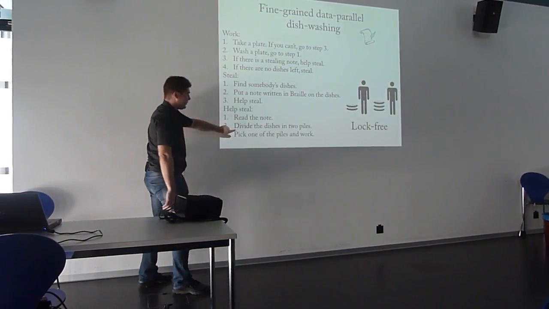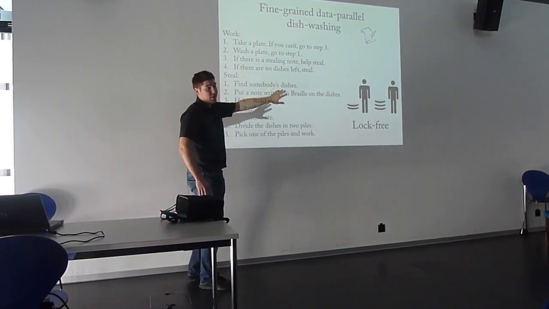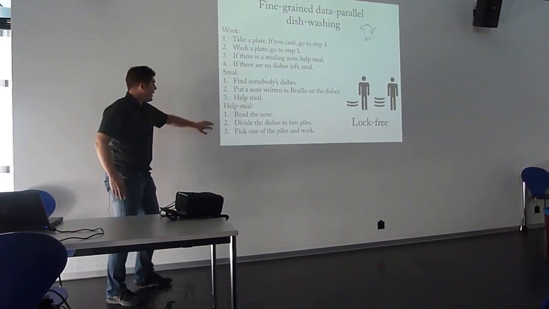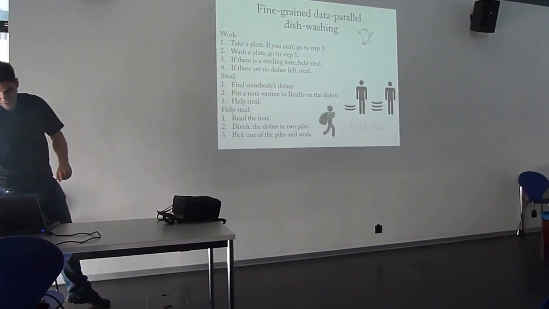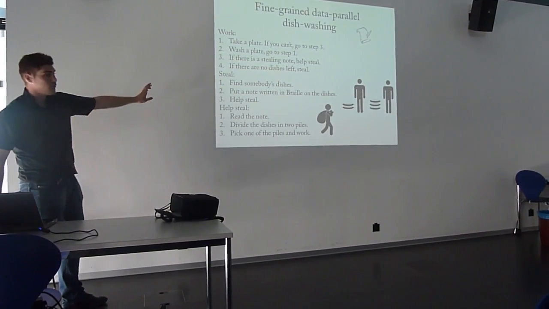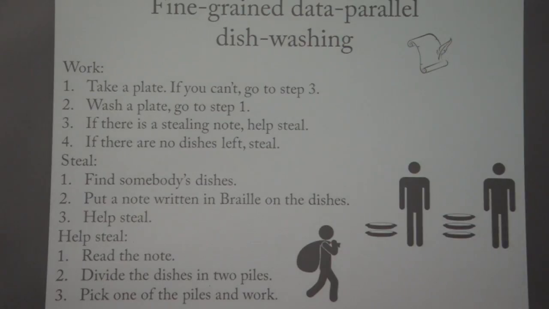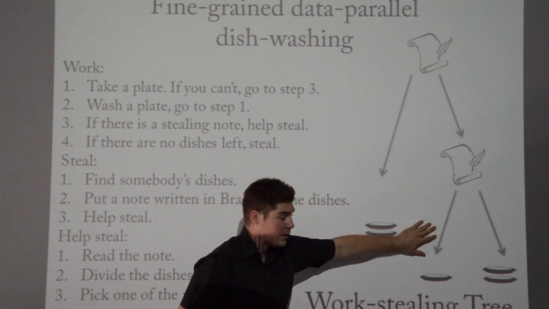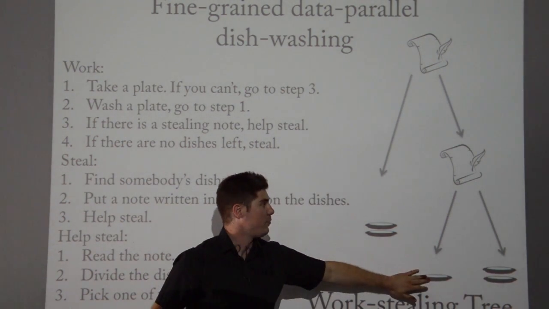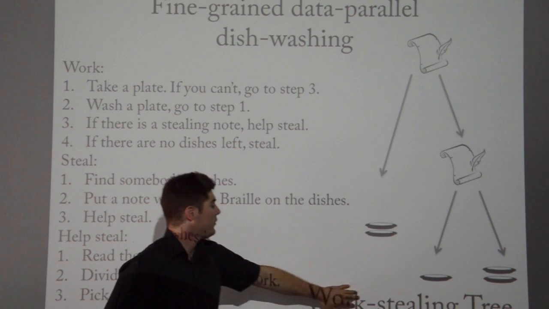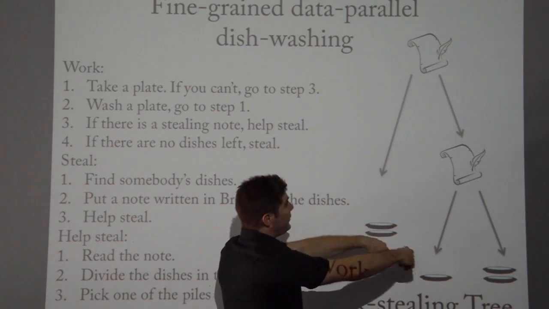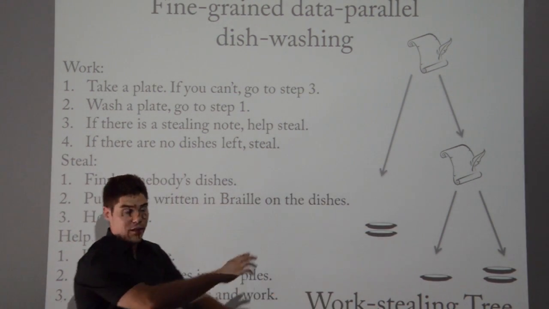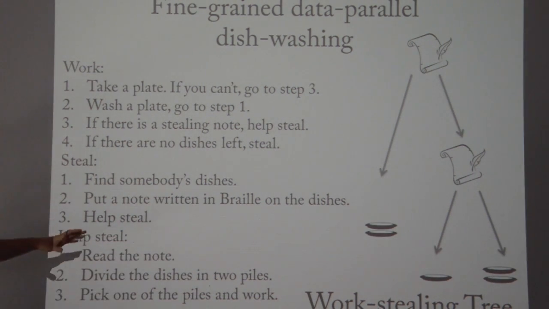And if this right guy now dies at this one point before picking one of the piles, then the left guy can take over and continue. Right? So every step here is atomic. And the beauty of this algorithm is that it generalizes. If you have more workers in the restaurant, and the third guy comes, he can repeat exactly the same procedure, again with the right guy. And then he can create, again, 2 heaps of piles under another braille note. And because this has to do with work stealing, and because this structure that they end up with looks like a tree if you turn it upside down, this algorithm is called the work stealing tree scheduling algorithm.